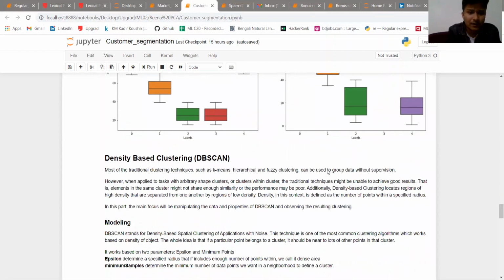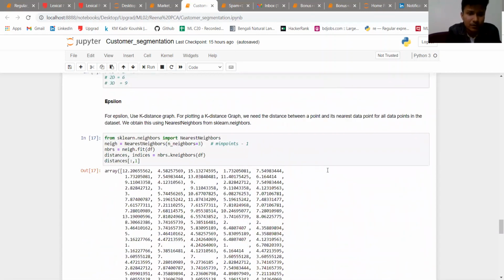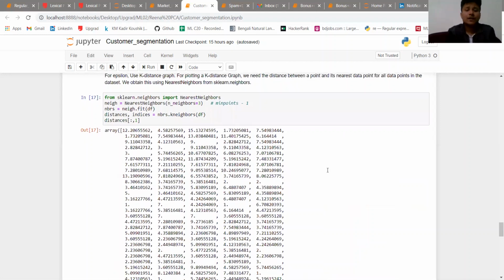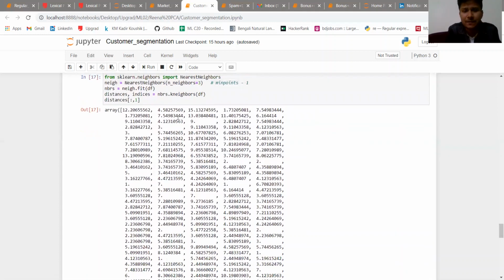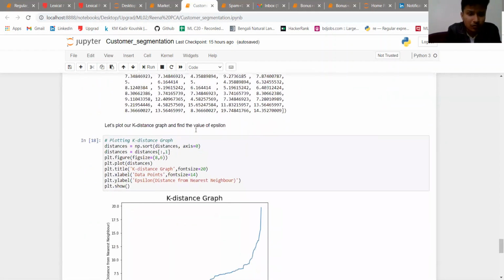Okay, now after the K-means algorithm, let's also check DBSCAN. To start with DBSCAN, we first have to find the K nearest neighbors, where we find the data points which have the least distance between each other. So it's density based. We calculate clusters based on the density of the different customers. This is the code for the K nearest neighbor algorithm basically. And after sorting it out,